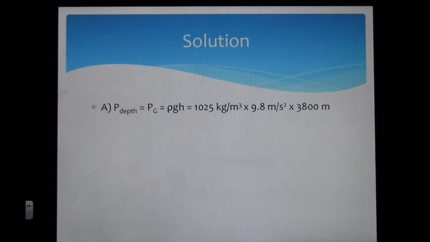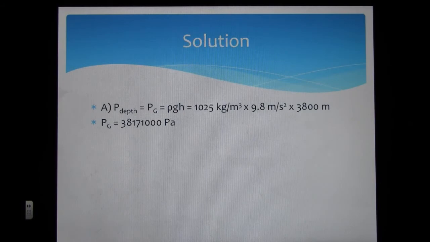In part A, we're asked to find the pressure at a depth in pascals. Well, pressure at a depth is gauge pressure, which is rho GH. The density of seawater is given. G is 9.8 meters per second squared, and the H, or depth, is 3,800 meters. Multiplying those, we find the gauge pressure to be